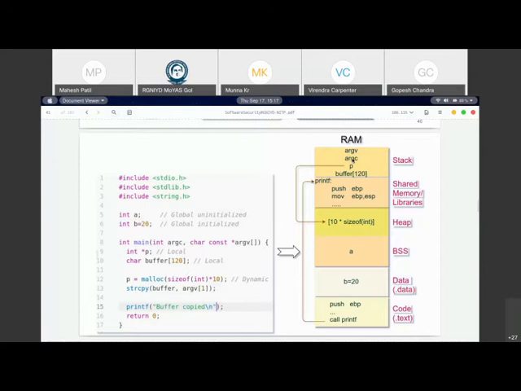The second thing to understand is they are in the reverse order. If you see, argv is first stored, then argc is stored here, right? Second, you also have the local variables. You see here p and buffer. So they are also allocated on the stack, right? So this buffer of 120 bytes is on the stack, right? Essentially, if you have understood this whole concept, what we'll have to remember is that local variables are allocated on the stack.